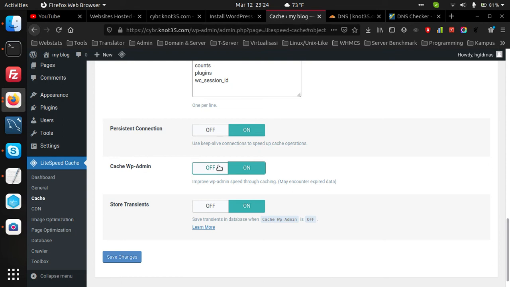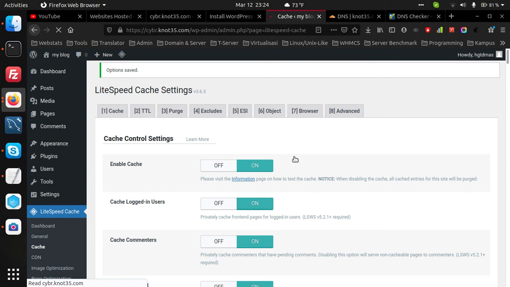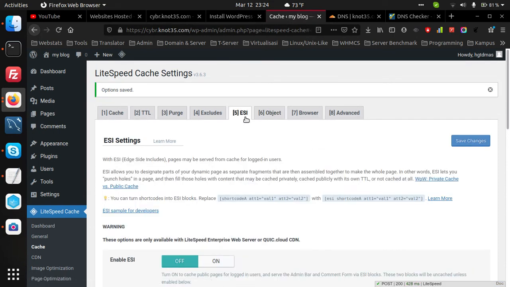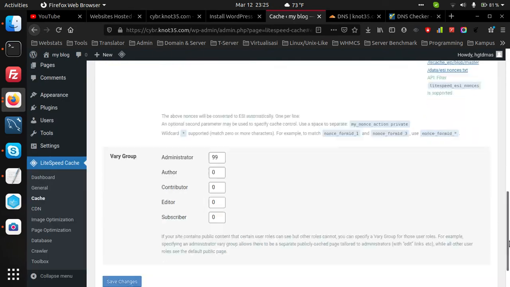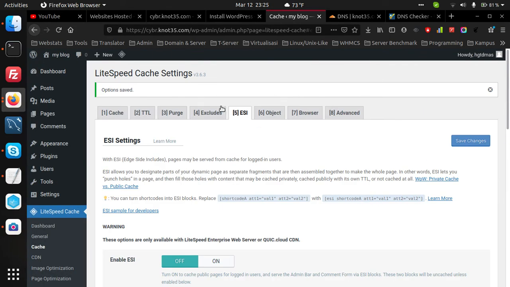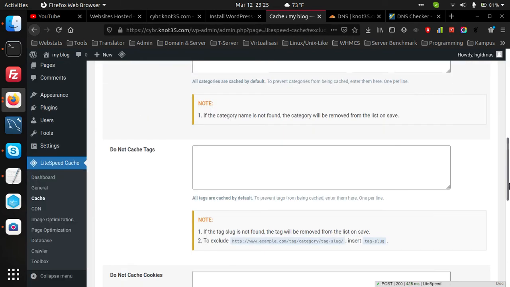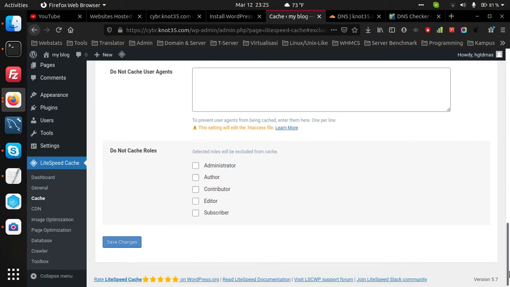WP admin cache we can usually set to off, and store transients on, and save the change. Also for roles, you can choose not to cache roles like admin, author, and contributor, and save the change.